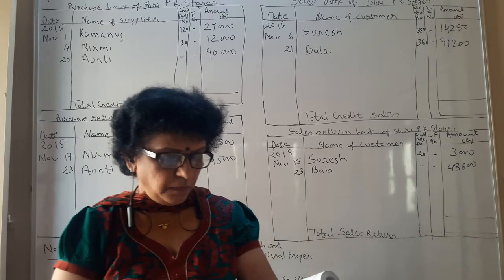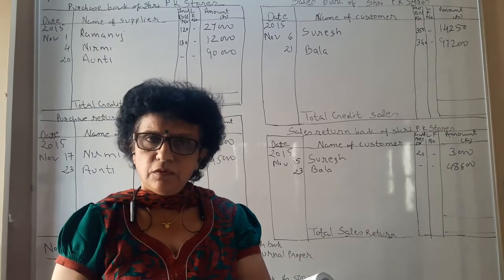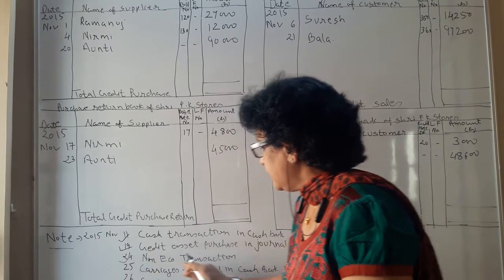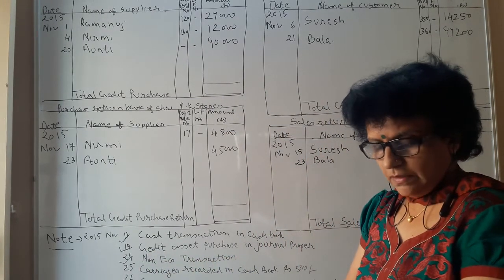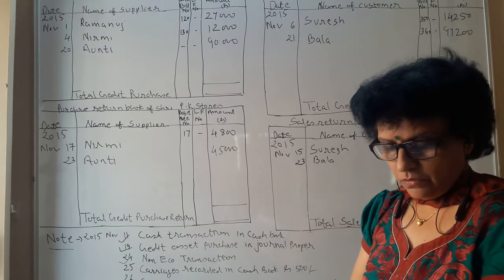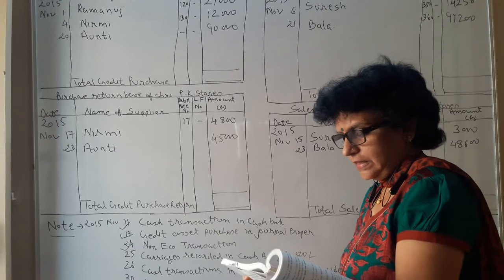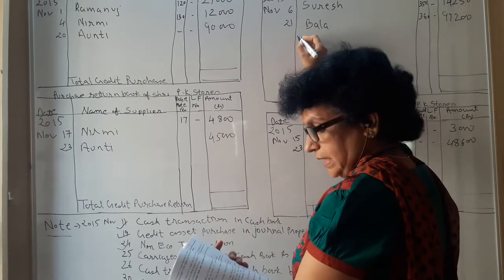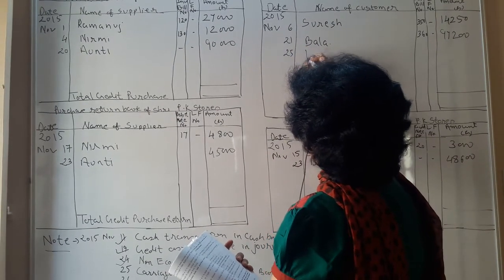On the 24th, Current places an order of 30,000 at 10% trade discount for supply of goods. So placing an order is a non-economic transaction, not to be recorded. 25th, goods sent to Karan. Now we are sending the goods to Karan, with 500 added for the carriage, under bill number 365. So it will come in the sales book. The date is 25th. You are selling it to Karan.